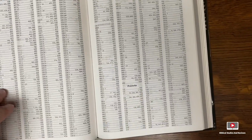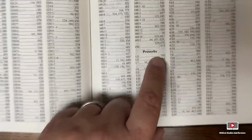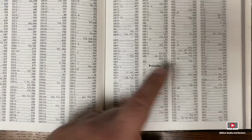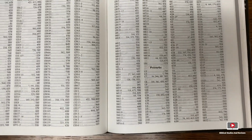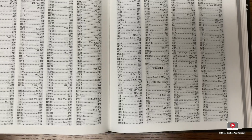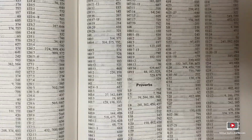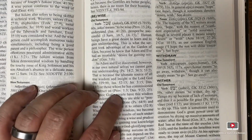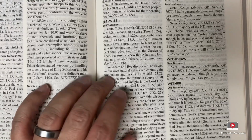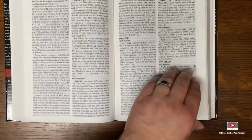So if you're reading along in Proverbs 1:3, let's say you're studying Proverbs, and you're kind of wanting to understand the words that are being used, you can see Proverbs 1:3 is mentioned here, so you go to page 795, and you can find, indeed, Proverbs 1:3 is mentioned here. You can see which Hebrew word they're discussing, so you can use it in that way. Also,